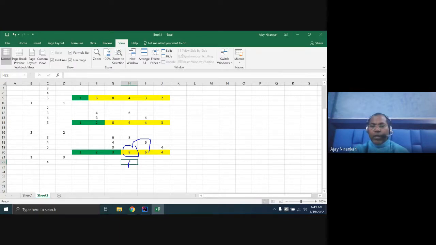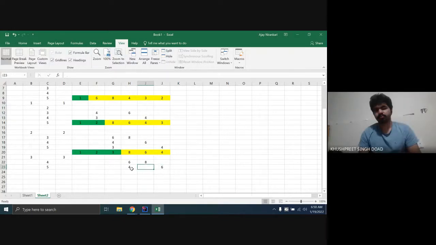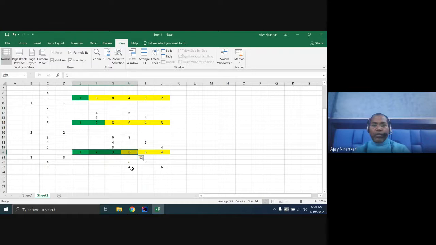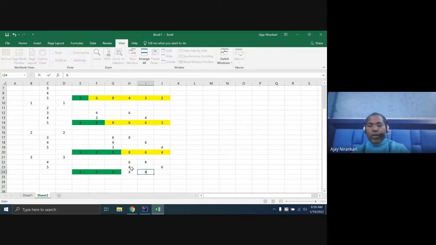This is the 6, and this is your 8. Then again compare. It's a minimum. Yes, the same logic you have to write for fourth. You have to replace with this 6. This will be 8, and now our inner loop increases again to 5, and you compare this 5 with the minimum. Yes, need to change the replacement. Now this is the 4, and now this is your 6. Now your loop is over. This is the same. Now this is the 4. Now this is the 8. Now this is the 6, and this will also